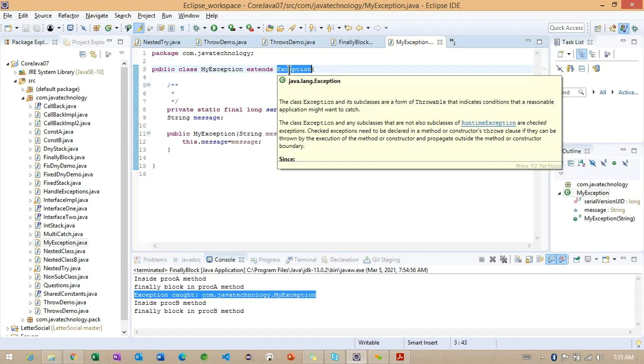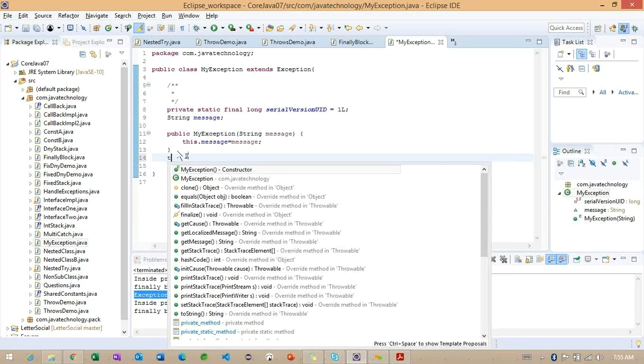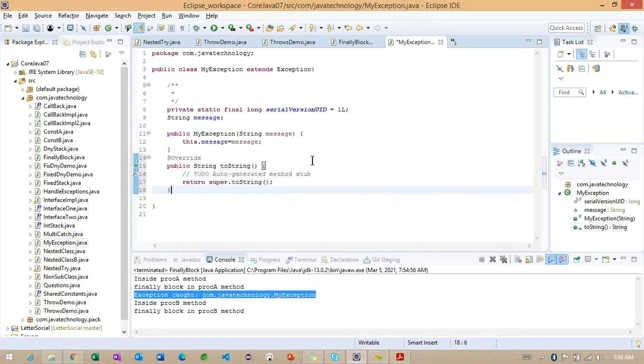And later, we can work like this, provide the toString method. But the toString method we'll discuss in a later concept. So this is the toString method.